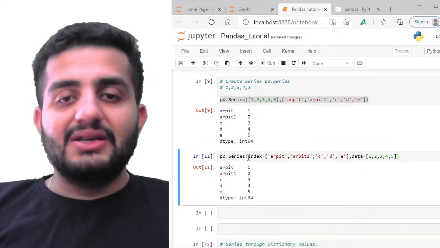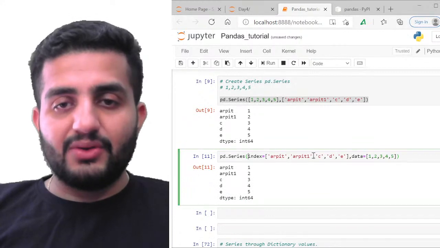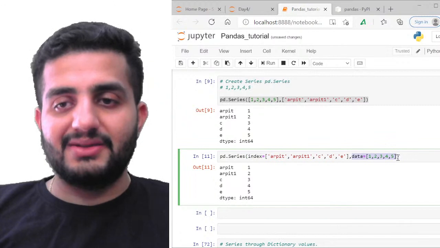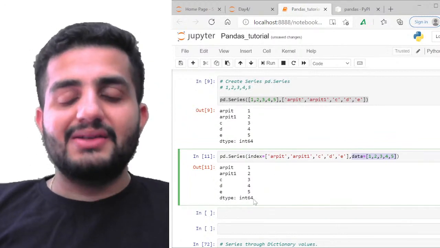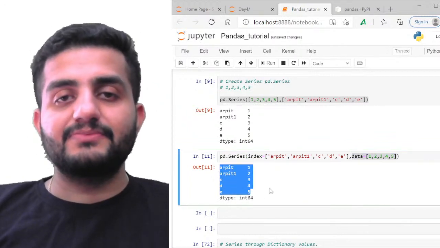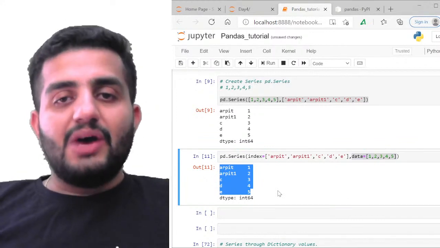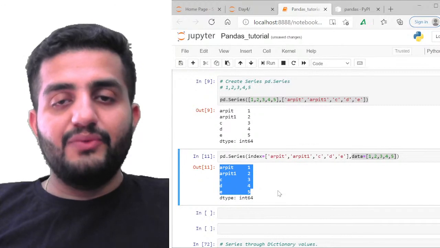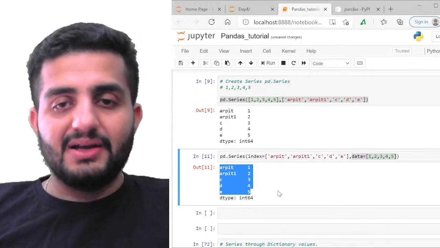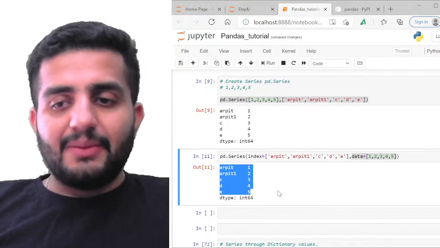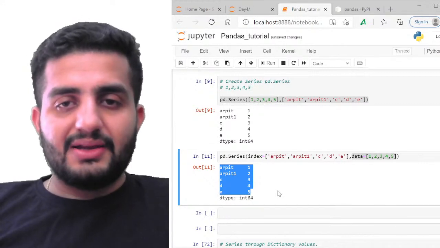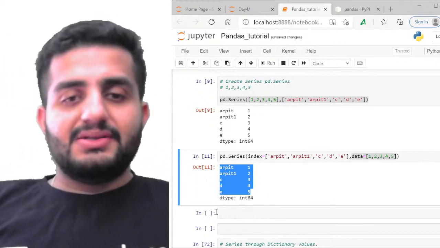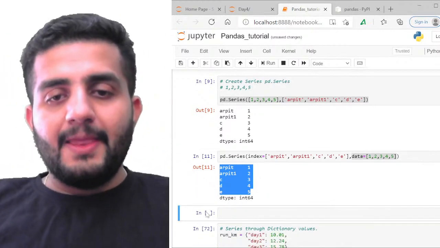So now you can see this. Once I have run this, I've specified, okay boss, this is my index, and data is not the first one, data is the second argument. Now it has created it accordingly. You see this? So this is how the use of functions and my individual arguments is important. This is my data point and this is my index. Once you know this, I think that should not be a major problem. Cool guys, I think this is pretty much okay.